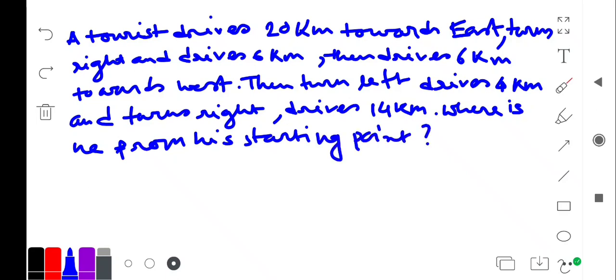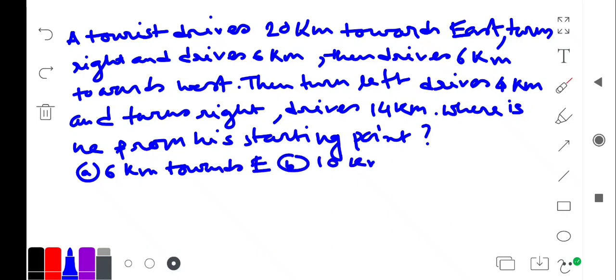ওকে, অপশান এ ইজ 6 kilometers, that is towards east. Option B 10 kilometers towards south. Option C 10 kilometers towards north. Okay, now